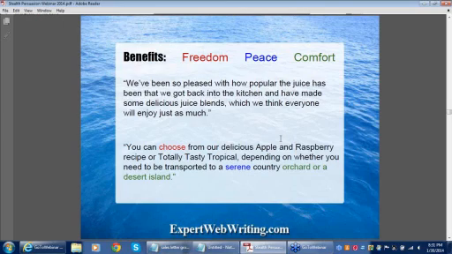But right here, I want to point out something that's kind of sneaky that I changed that you may not notice. And I'm wondering if any one of you out there can notice something very important in the rewrite that's different than the original piece of copy. If you can see it, I'm going to point it out in just a second, but if you can see it, go ahead and pop it into the chat box and tell me if there's something that stands out that's a little different.